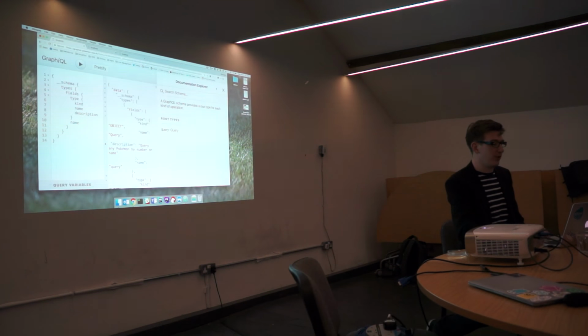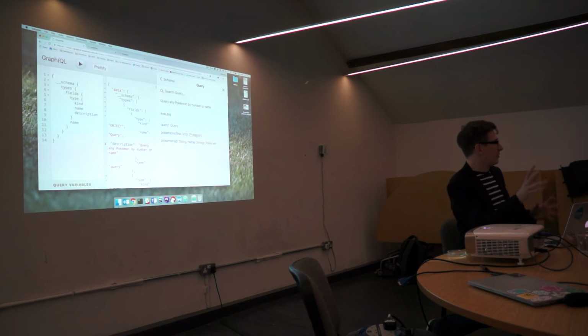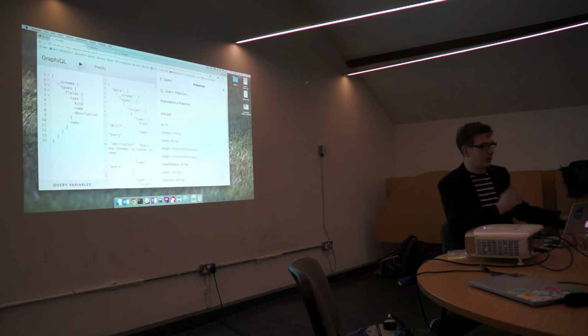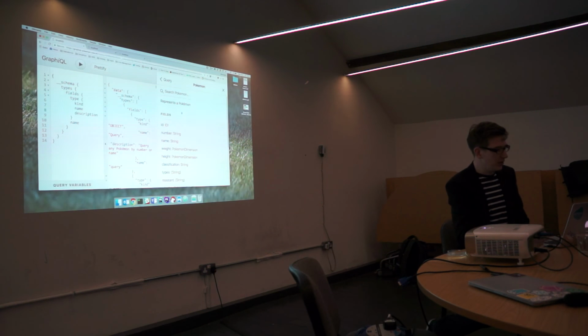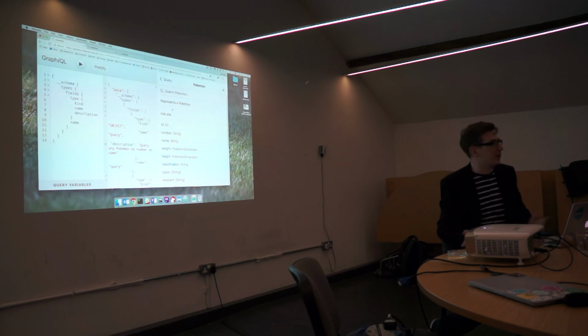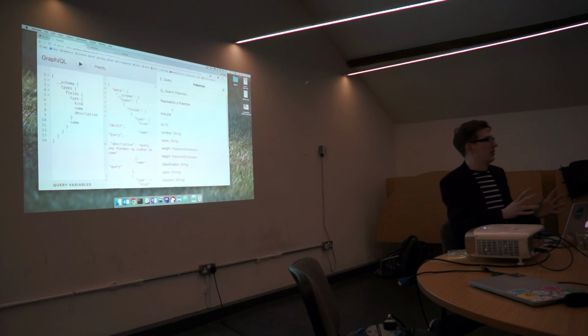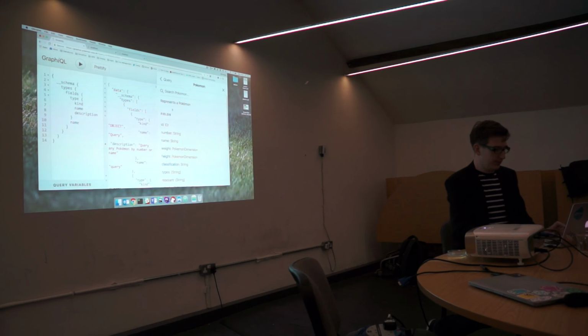and you can get these really nice schema browsers where you can navigate through the data you've got, see what's available, get some descriptions in. So it self-documents in a way that some other APIs might not. So that's the basics for GraphQL. Mutations are also a thing, but that's kind of how you query stuff.